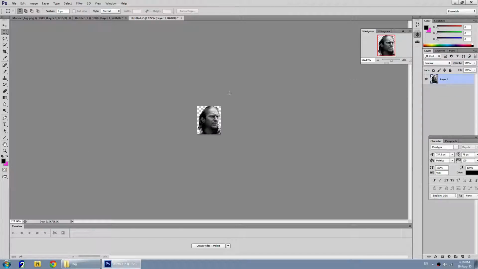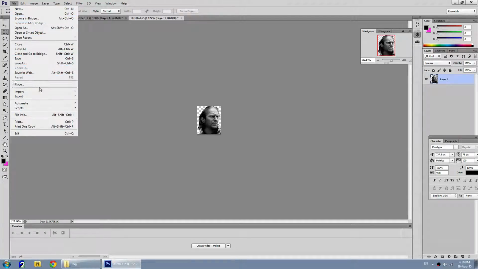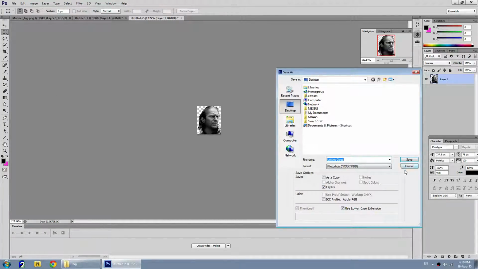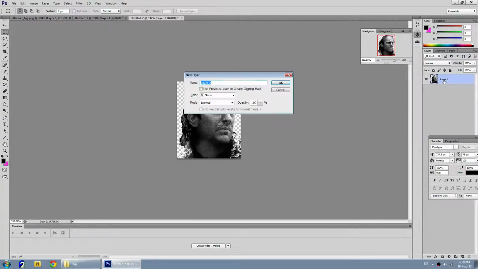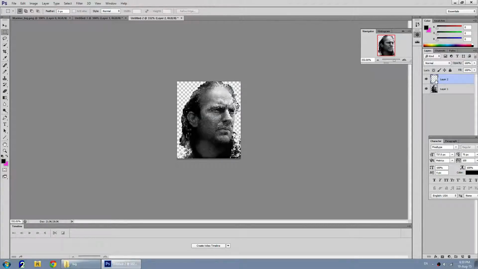Okay, so I will save this now again, like PNG. But before that, I forgot something. Before that, I will need to make a new layer here, put it into the background, and make this kind of gradient color. No, the other way around. Okay, this looks okay, like this, or maybe like this. Yes,